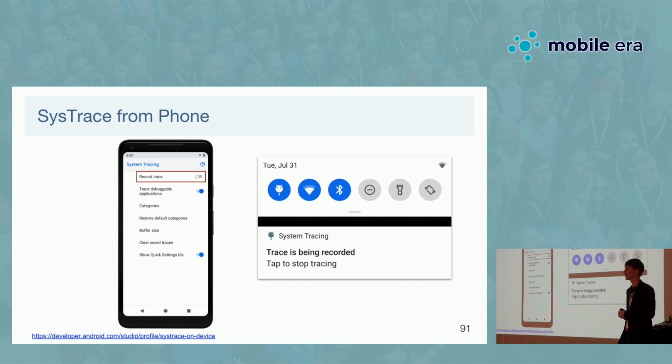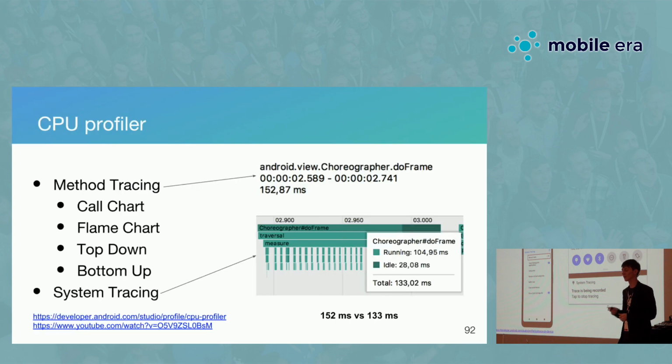Another thing that appeared from Android 9, or Android Pie: now you can get systrace directly from your phone. What does it mean? You can add custom traces to your app. For example, I know that here something went wrong, so I add some custom traces. Again, you can find it in the docs. Then we ship this app to our testers. Testers just press a special button in the notification panel, and then they can send you a systrace, and you'll be able to understand how long this or that part of your code runs.